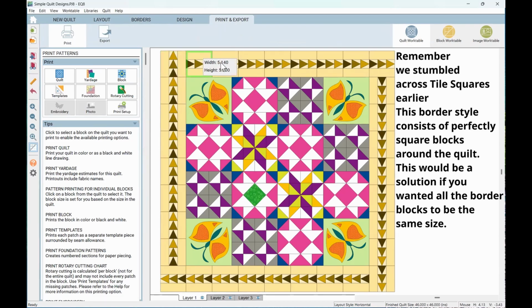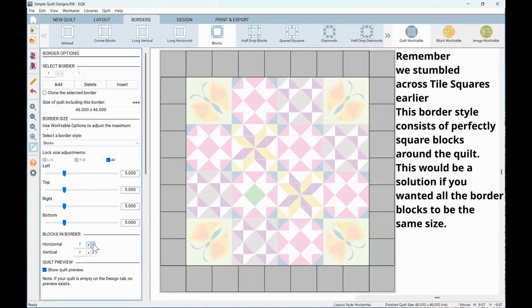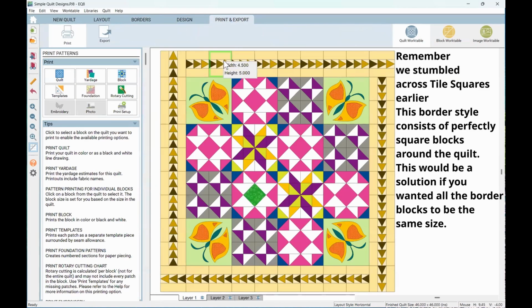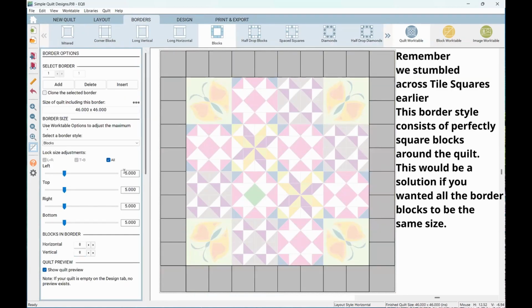So I should make one more block border. So I'm thinking 8 will take care of that problem for me. And then I come back to here. Oh, now it's telling me my width is 4.5, but that's a pretty good number. So if I change my border to 4.5 right here,